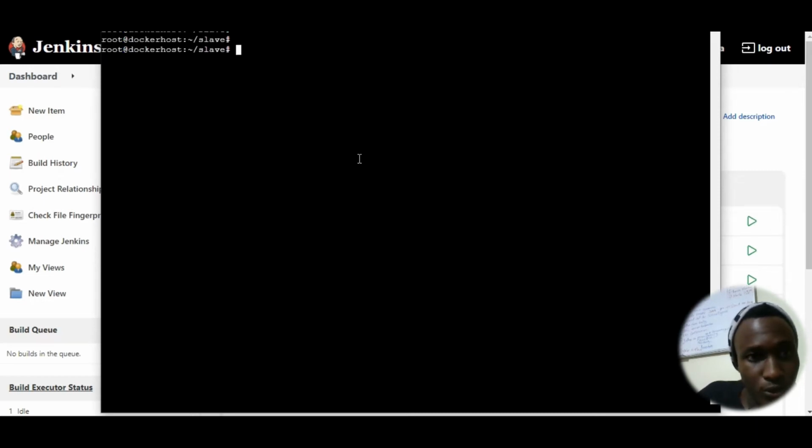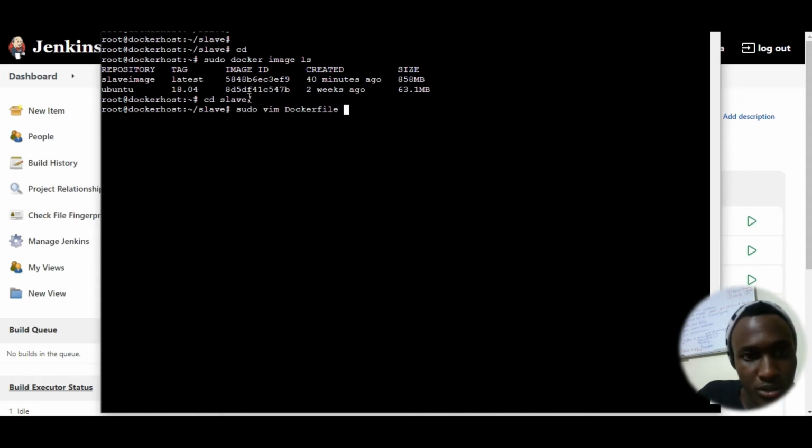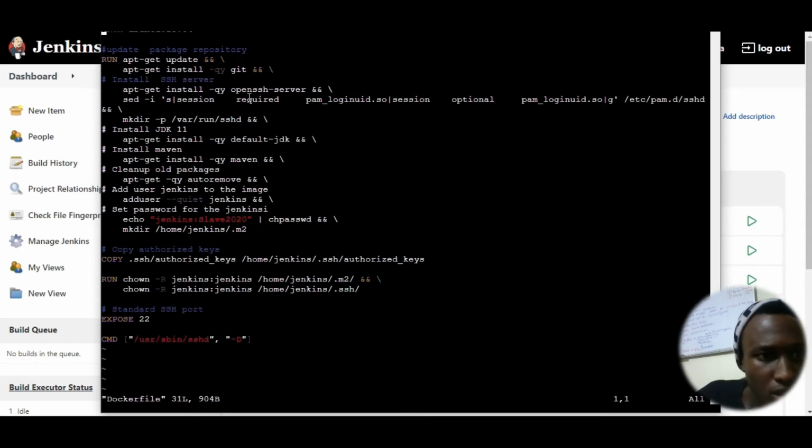So the first thing I did was create a Docker image. This one, the slave image, which let me just show you, doesn't have much. I'll share these files for you to be able to build. So I'm just building. I add Ubuntu to the image,